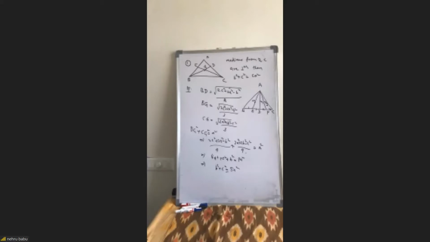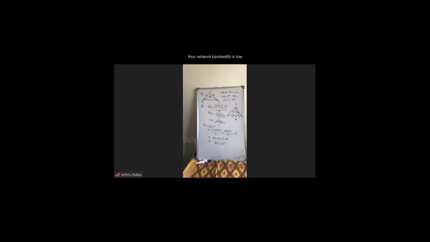Sir, which is M1, which is M2, which is M3? M1 is that of ABC. The other two are M2, M3. What are we supposed to find, sir? There is some relation between M1, M2, M3, something like M1 square minus M2 square plus M3 square, in terms of side A. Try to find. So the question is to find the relation between M1, M2, M3 and side A.